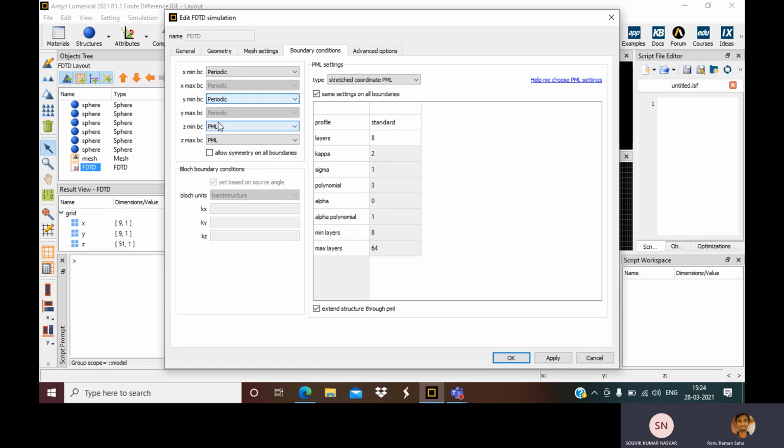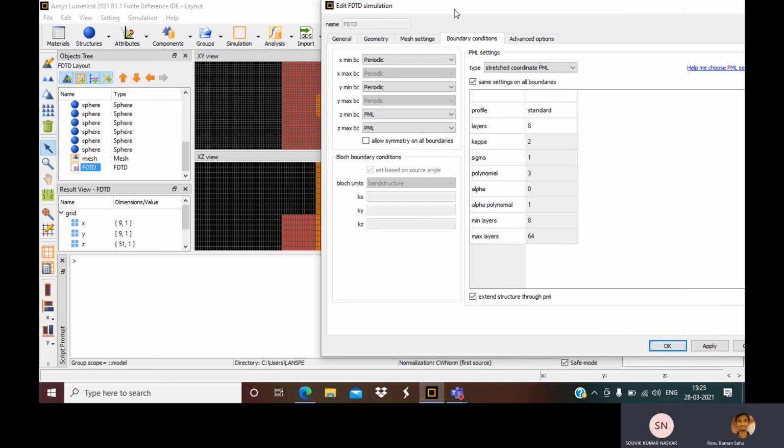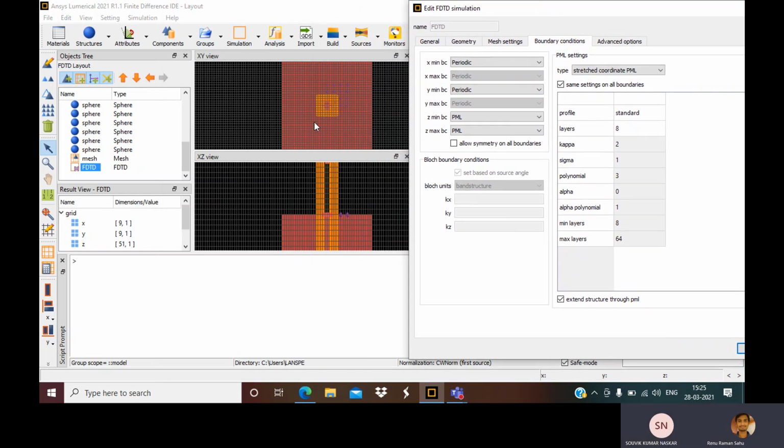Yeah, I said that we make x and y periodic so that it extends infinitely in x and y, so that absorption will not occur. We don't want it to be absorbed in the x direction. What we want is for it to be periodic. It sees the same structure in x and y repeatedly over and over again, because it is an infinite lattice in the xy direction.